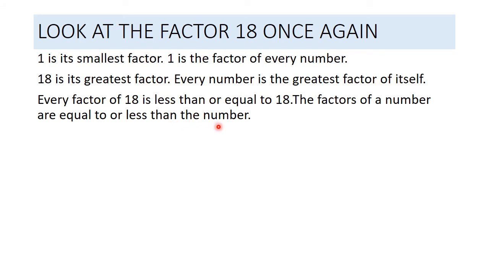If we take another example, 3, and I ask you what can be the possible factors of 3, we can write 1 multiplied by 3. So 1 will be the smallest factor of 3 and 3 will be the greatest factor of 3. Let's take 6. We can write 6 as 1 multiplied by 6. 6 can further be written as 2 multiplied by 3 or 3 multiplied by 2. So the factors of 6 would be 1, 2, 3 and 6. The smallest factor of 6 will be 1 and the greatest factor of 6 will be 6 itself.